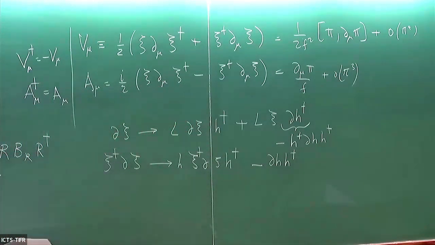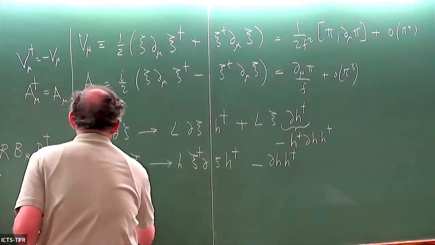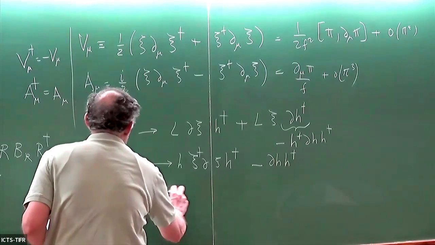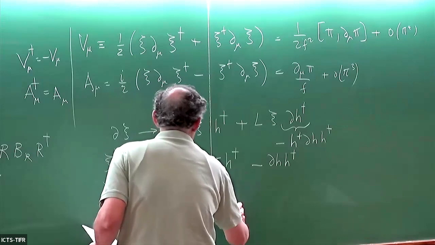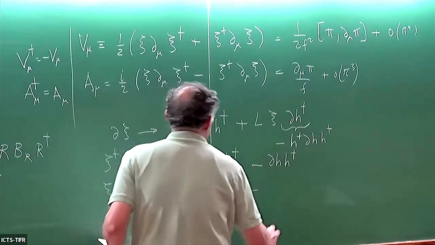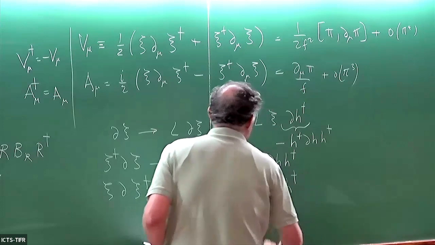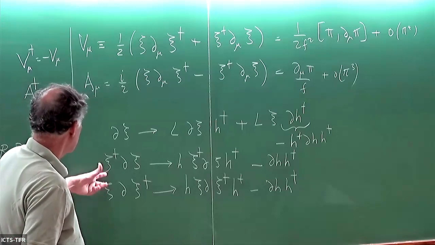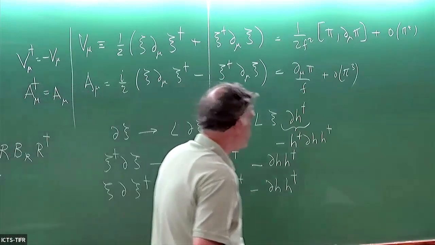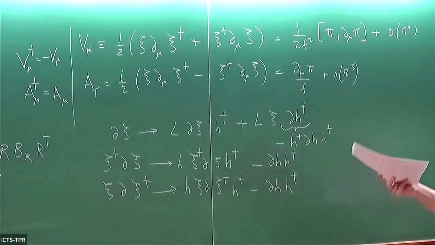And then I can apply parity, or equivalently, I can use the second form of the relation just to show that C ∂C† goes to H C ∂C† H† minus ∂H H†. H is a vector, so under parity H becomes H, but C and C† are swapped. Okay, is this clear? Okay, so the key thing is that L and R are constant matrices, but H does depend on x, and you have to differentiate the H.